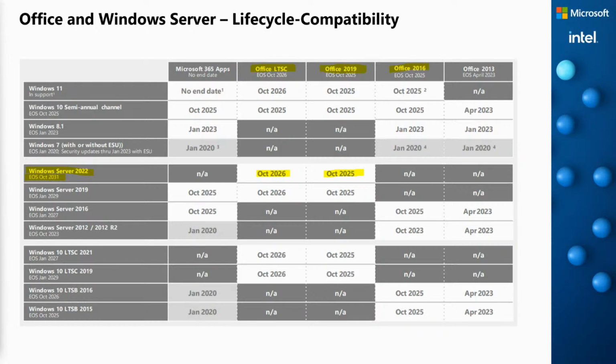So the Office 2019 or Office 2021 LTSC, if we have 10 devices that access an RDS host, we need 10 of these Office 2021 LTSC licenses. So we have 10 devices that access an RDS host. We need 10 of these licenses, not 11. We don't need an additional license for the RDS host.